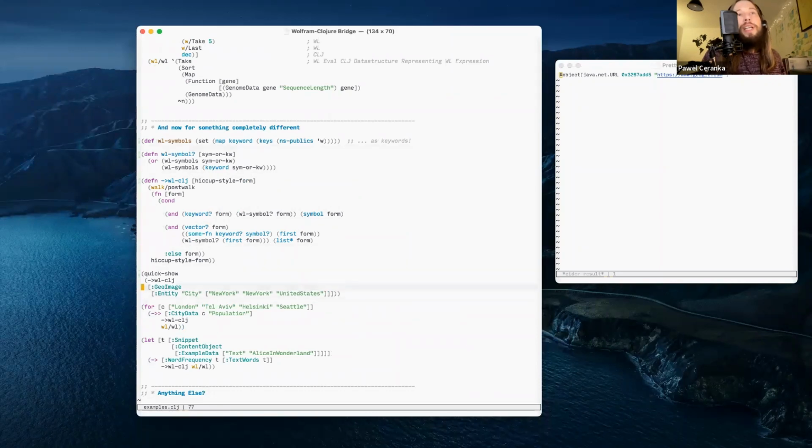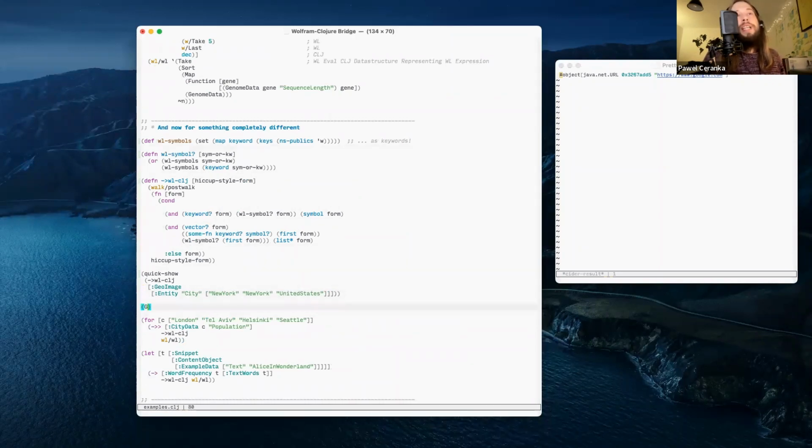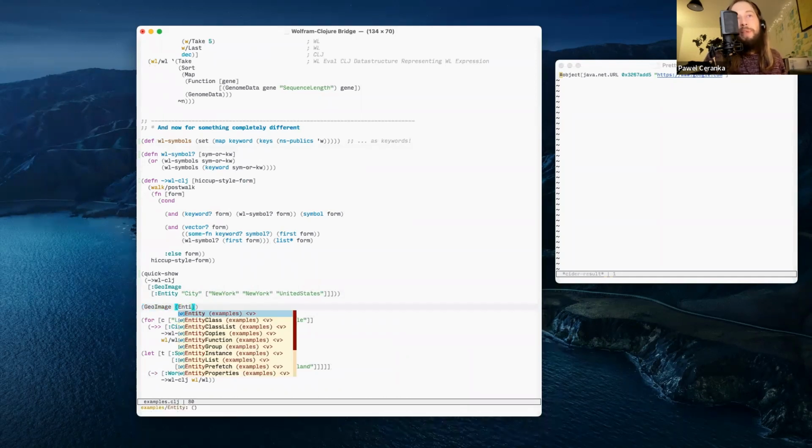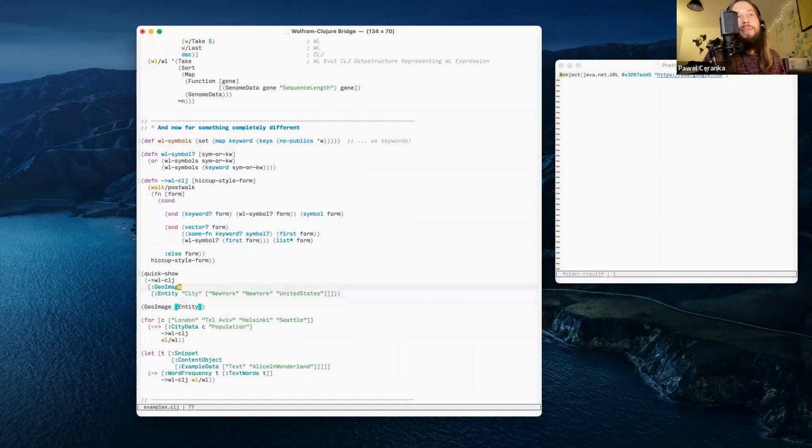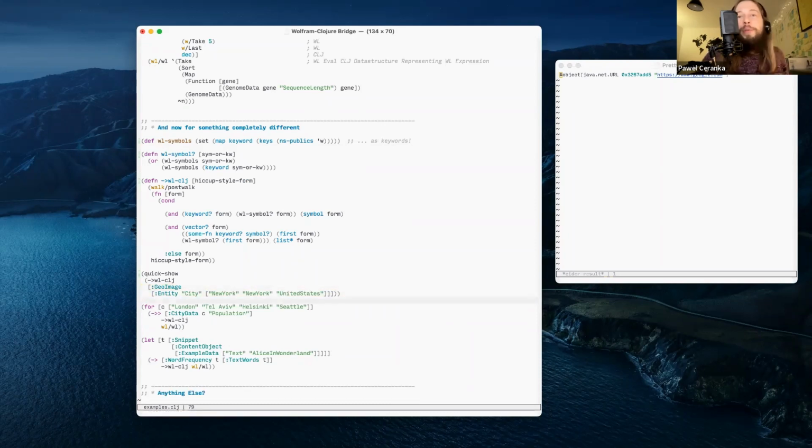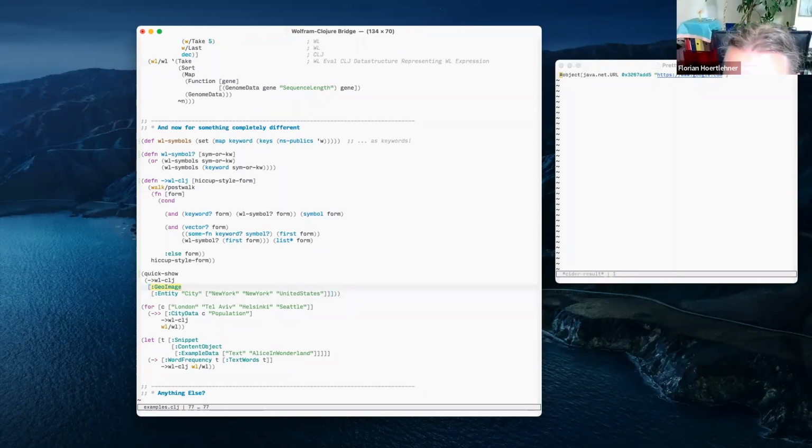So instead of, you've seen one notation, which is like this geo image, that would be the canonical way to express this stuff that you can see here. But last time we talked about there might be a bunch of other ways that are more conducive to thinking in this more symbolic way, right? Because we know this is not going to be evaluated, we don't expect this to get evaluated. Sorry?